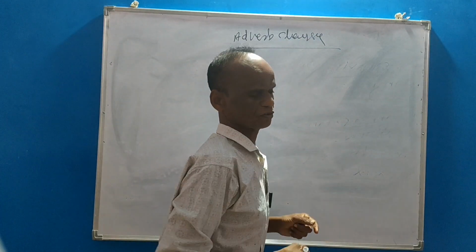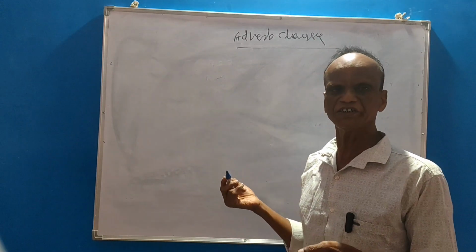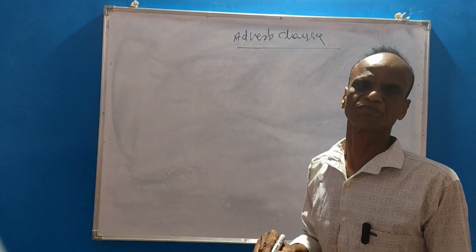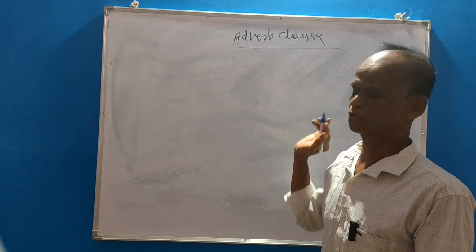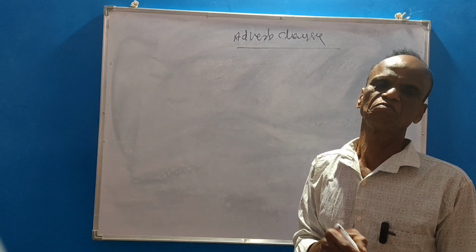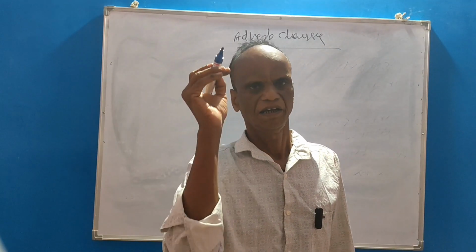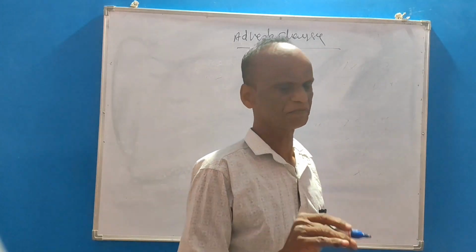What is the adverb clause? Adverb clause is a dependent clause which does the work of an adverb. Okay, that is adverb clause. Or say it modifies a verb, adjective, or adverb in a sentence. For example,